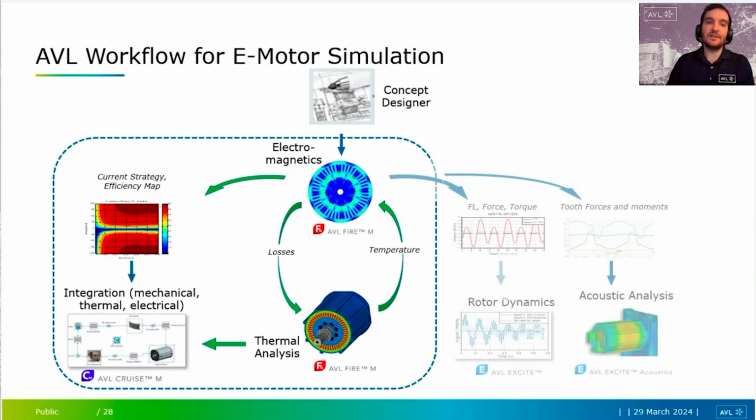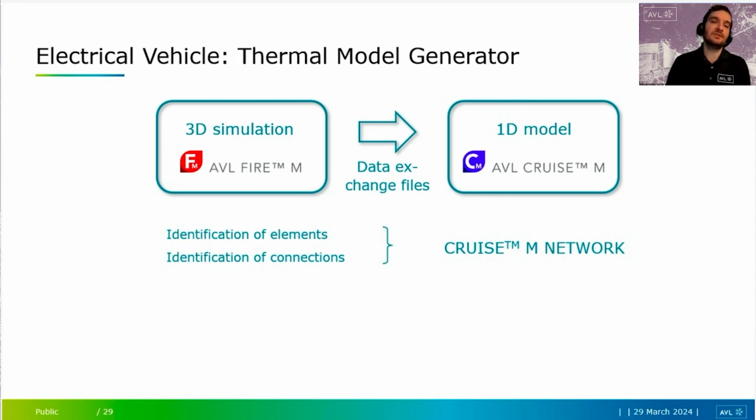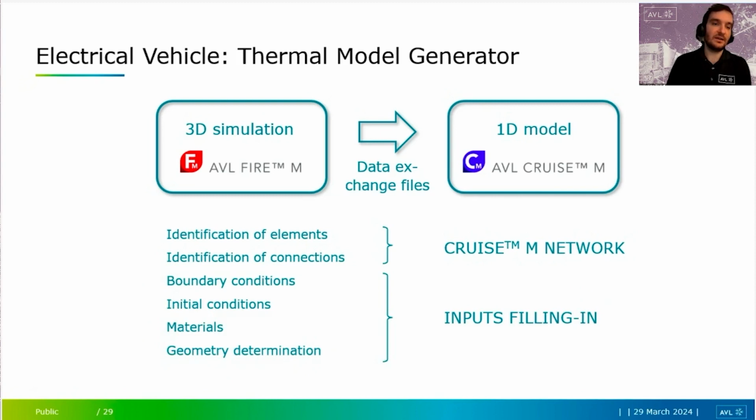So we kind of drew a little box around here on the left side. What you'll see here is because we have a 3D tool and a 1D tool that we self-develop at AVL. What will happen here is we have data exchange that occurs, so-called simulation results exchange. And what happens is you are able to identify your elements and your connections in the 3D CFD and create a representation of that in Cruise M automatically, as well as your boundary conditions that you would have input. So your material properties will carry over, your geometries, your masses, things like that will carry over into the system